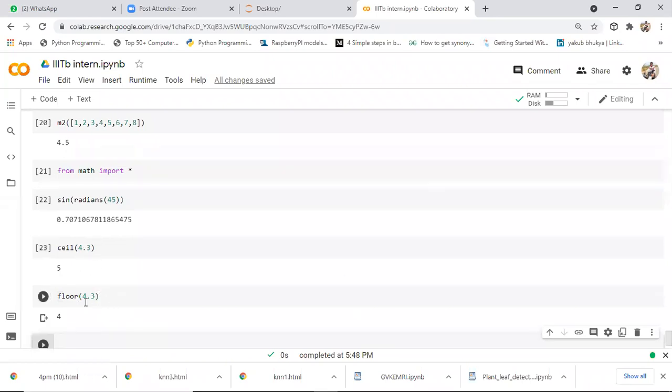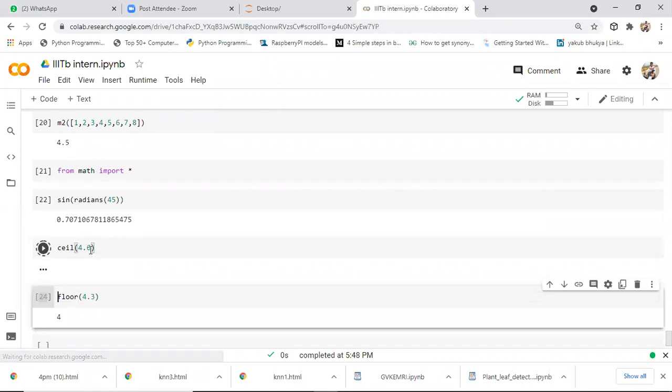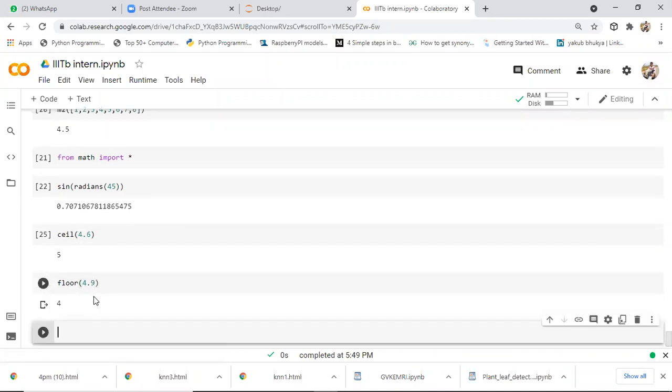The purpose of the floor function is to take the integer portion of the quotient only. Suppose with the ceil function you specify 4.6, you'll get 5. Whereas with floor, if you specify 4.6, you'll get 4 only. Even if you specify 4.9, it will give you 4 only. Although 4.9 is closer to 5, it won't round up the value; it gives only the integer portion. Whereas ceil gives you a rounded-up value.